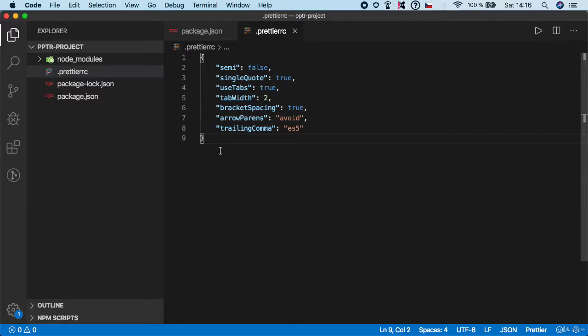And again, this is my personal configuration. If you don't like something, feel free to change it. For example, if you want to use semicolons, just set it to true. And for example, you can even remove things or add something more from the Prettier.io documentation if you are interested. But this is a pretty default setup, which I'm using in many of my projects. So if you do it like this, you should be good to go. So that's it for Prettier, and we can move on and start writing some Puppeteer code.